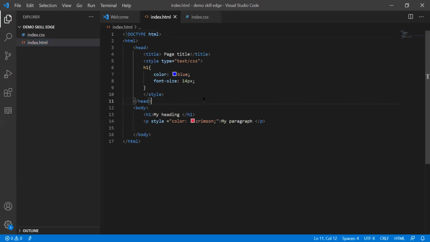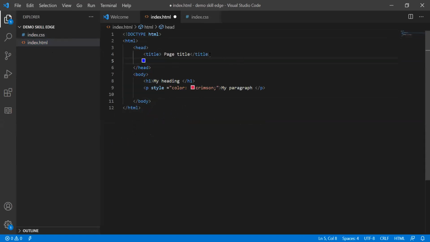We will insert the file here using the link type now. I will remove all these styles here.